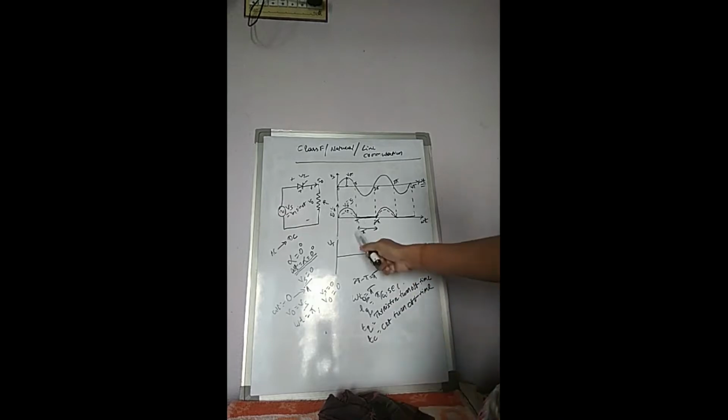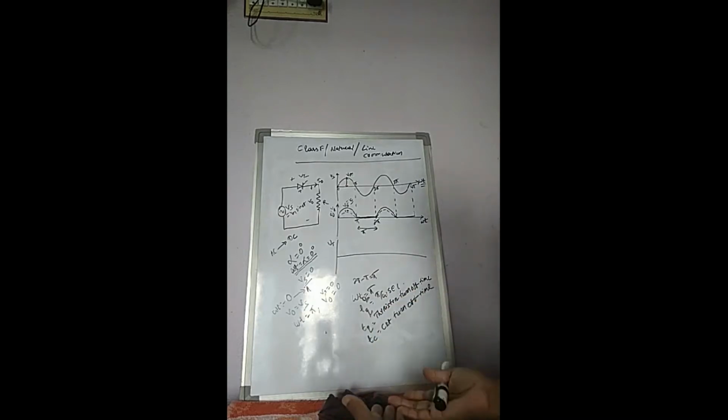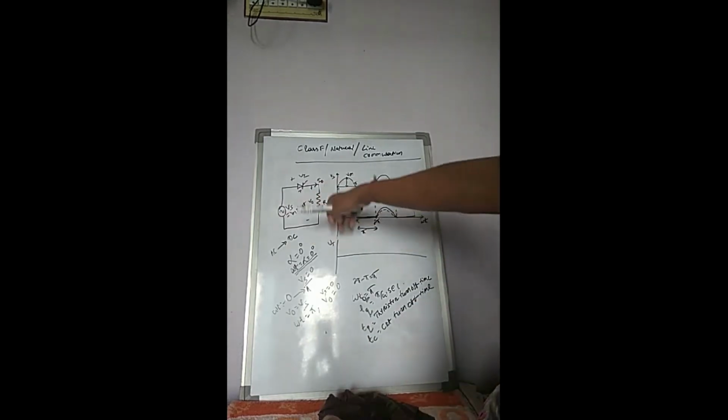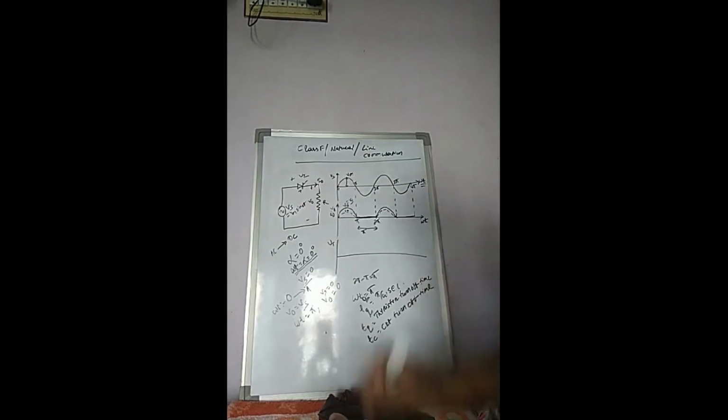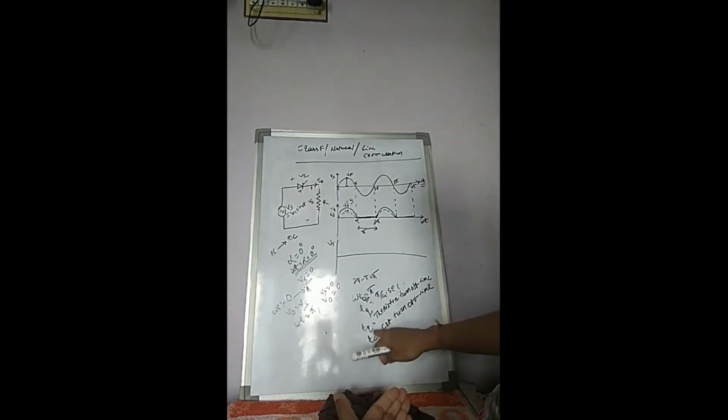So from omega t equal to pi to 2 pi, T is reverse biased for a period of pi by omega seconds, which is longer than the thyristor turn off time TQ. This is the circuit turn off time, this part, because from this angle to this angle the whole circuit is off because the switch is off, but the thyristor turn off time is TQ.